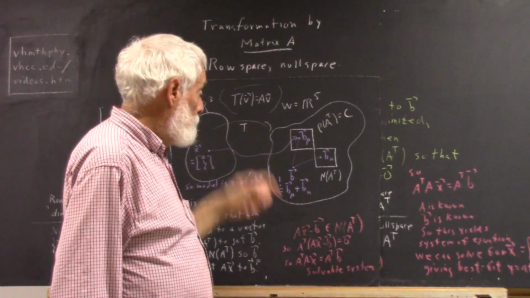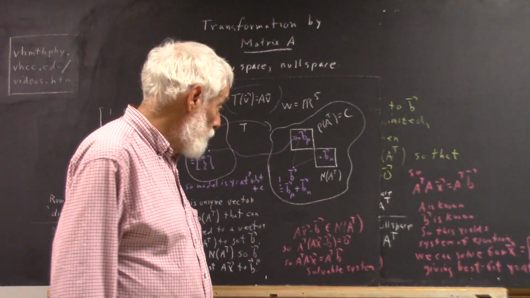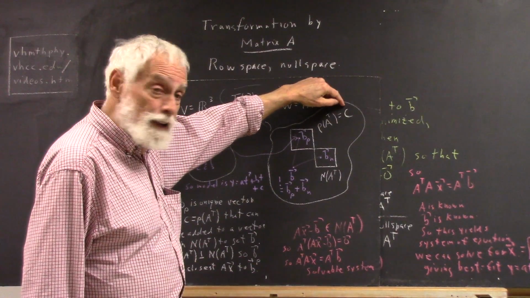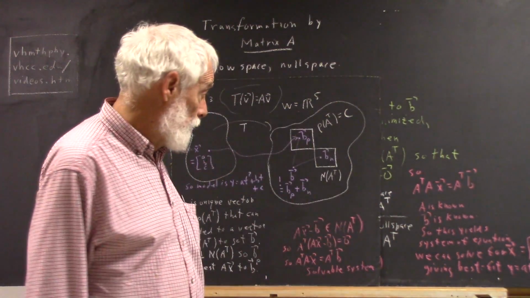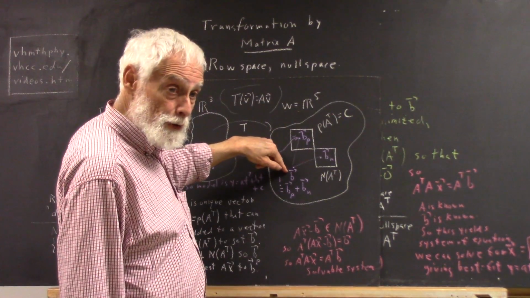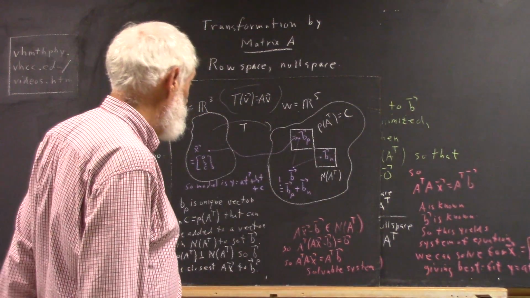Now, we know that B, the vector consisting of our y values, is almost certainly not in our column space. Not with real world data, things don't work out that well. So B is out here someplace. And we know, we've developed the idea that